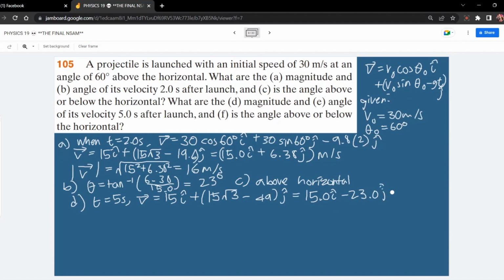Okay. And then draw a triangle makuha mo yung, para makita mo kung above the horizontal or below. And then